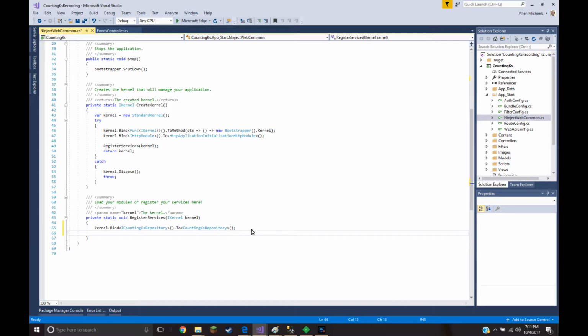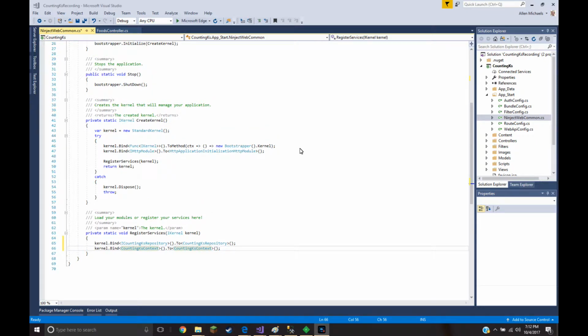then since this also needs the context, we can bind it here too, and this will magically know that every time we need the context, it will be able to instantiate it and pass it in. And here this CountingCaseContext is now bound to its instantiated object. But if you run this, it will still come up with the same error,